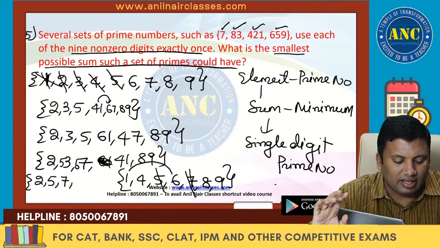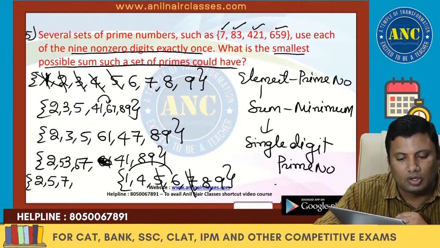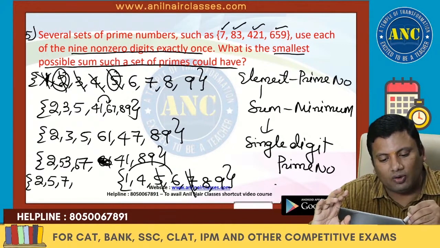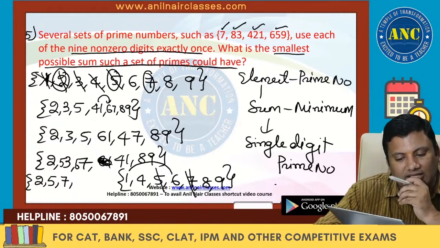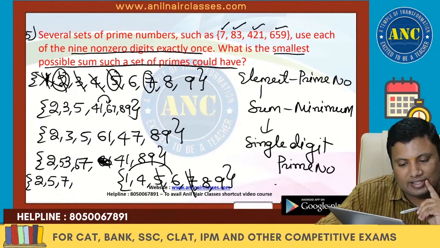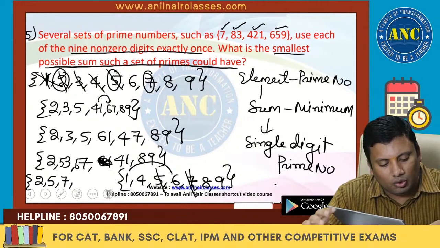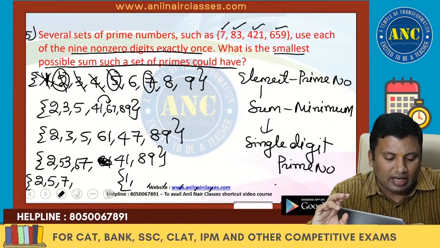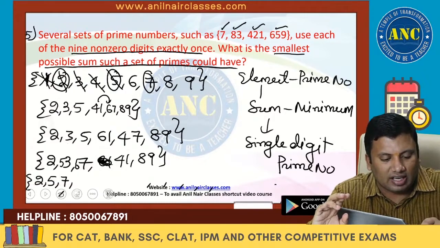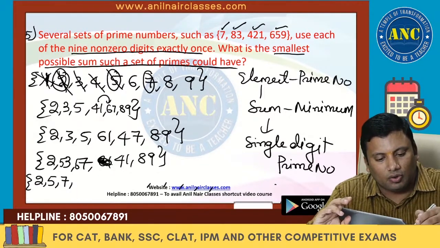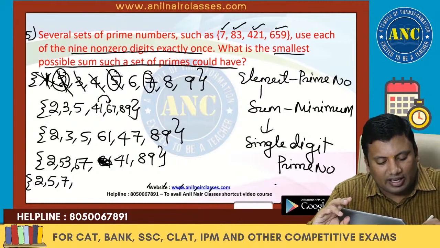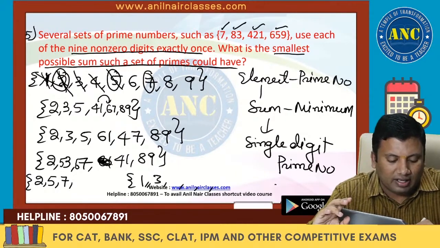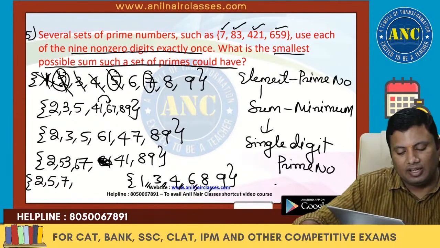If I take single digit prime numbers 2, 5, 7, then 2 is taken out, 5 is taken out, 7 is taken out. I will write down here 2, 5, 7. I hope you are understanding, there is a little bit of counting involved. But anyway, smallest is what it is asking. Let me write one more case. 2 is taken, 5 is taken, that means 1, 3, 4, 6, 8, 9 are left.